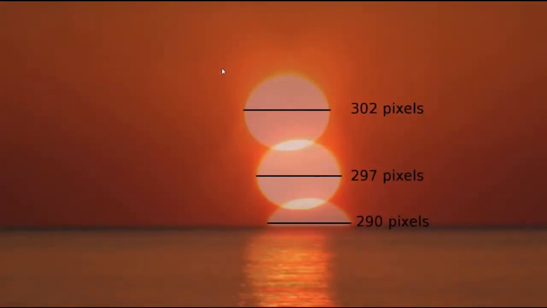And this is more snapshots taken from filming of another sunset. And we can see here again, I used lines this time, just drew a line across the diameter of the sun and measured the pixels, and up above there we have 302 pixels, and then it goes down to 297 pixels, and as it's hitting the convergence line, 290 pixels. I did try and work out some of the speeds and distances that might be involved here, but